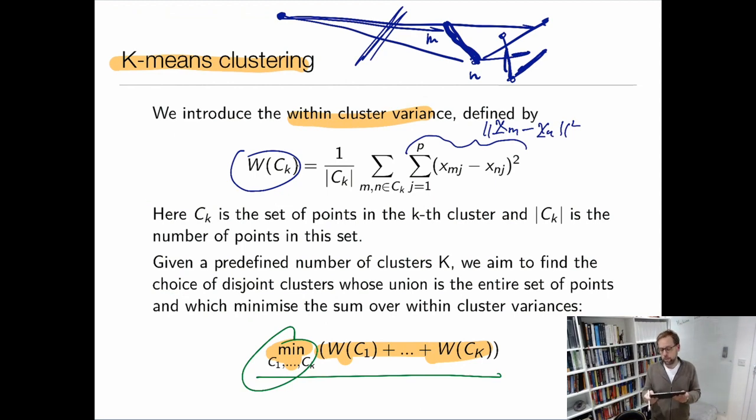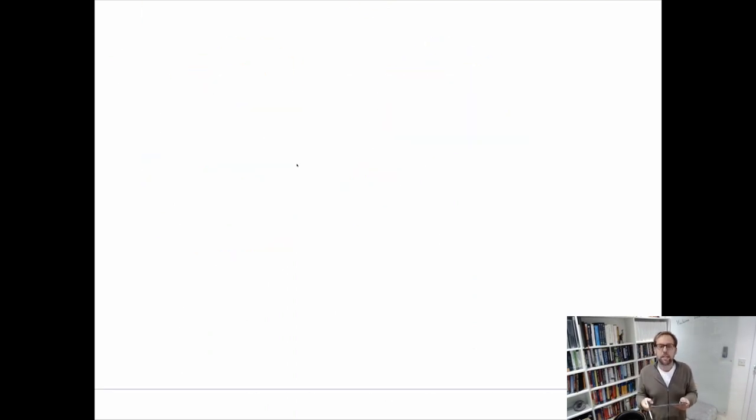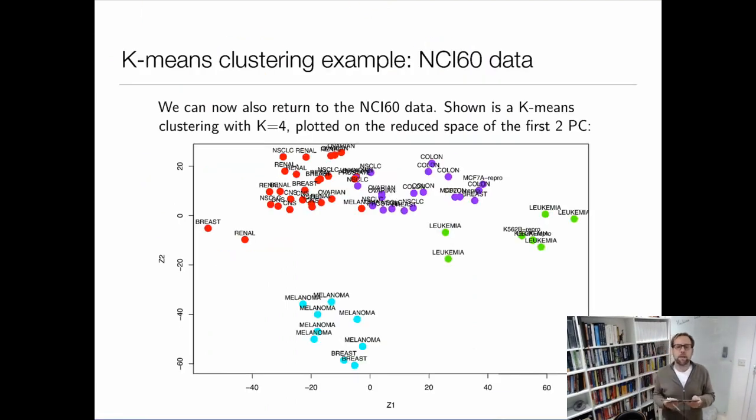But it's just an approximate algorithm. So far for k-means clustering, and here we can have a look at an example. This is the same data as we looked at before, this NCI 60 data, and we know it's high dimensional, and so the only way to look at it really in 2D is by plotting it in the two-dimensional space of the 2 principal components, exactly as we did when we talked about